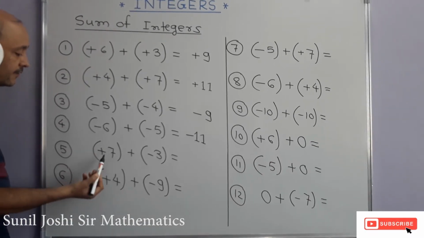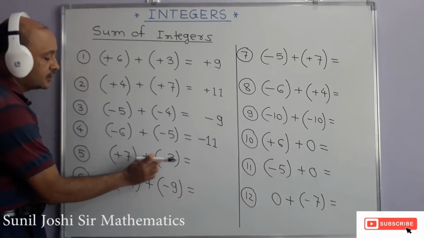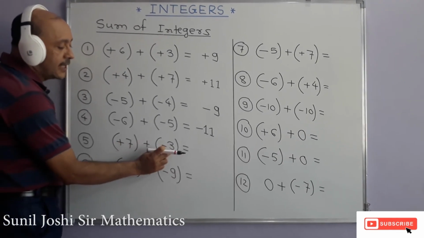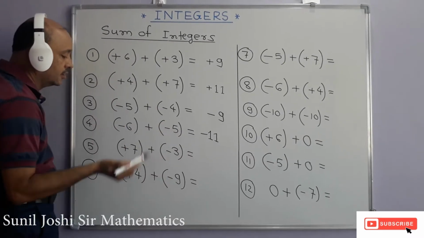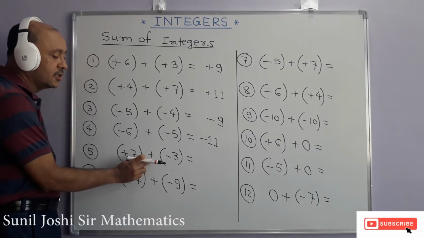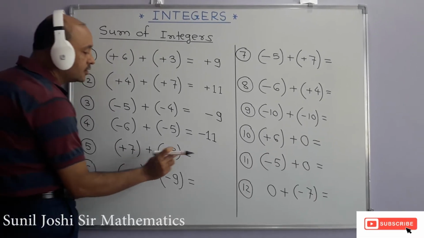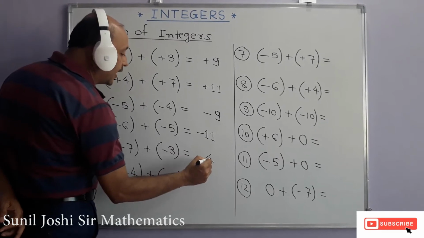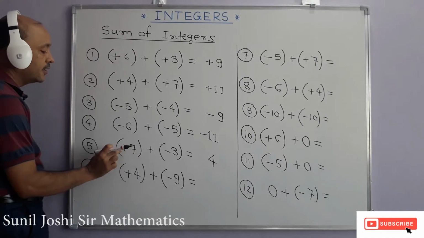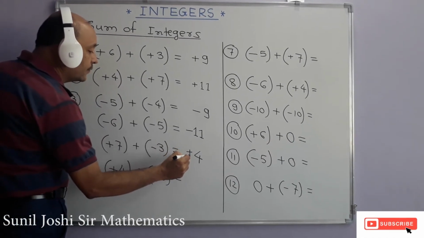Then here, see the difference between the above examples and these examples. The different signs are here, positive and negative. So don't do 7 plus 3 is 10 here. The answer is wrong 100%. So different signs do subtraction, even if the operation is addition. We are going to do subtraction here. So 7 minus 3, the answer is 4. And the greater number now: the greater number is 7 and the greater number has positive sign. So the answer has the sign positive.